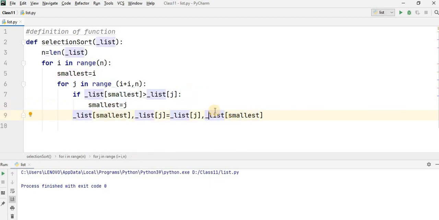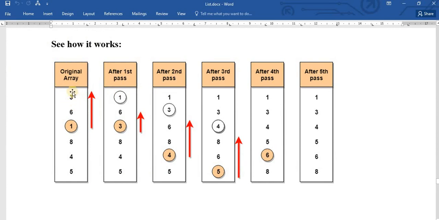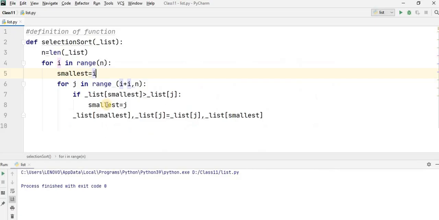So what I am doing here? I am repeating again. First of all, I have assumed that the initial value of i is 0. So the smallest number will be your 0th index number. In this list, you assume that this is your 0th index. So you are assuming that your 0th index number is the smallest element. Now, after that, you will go to the for loop, and it will start from i plus